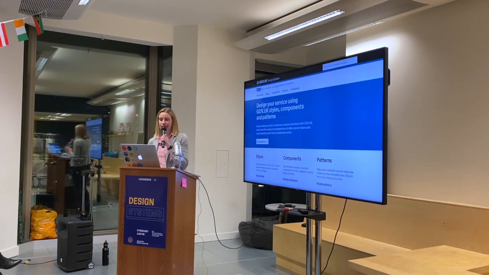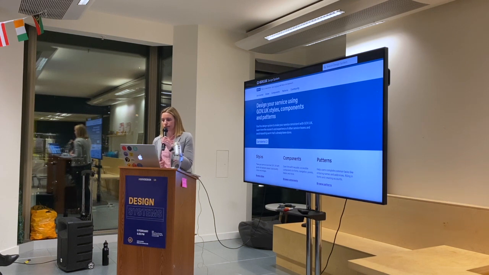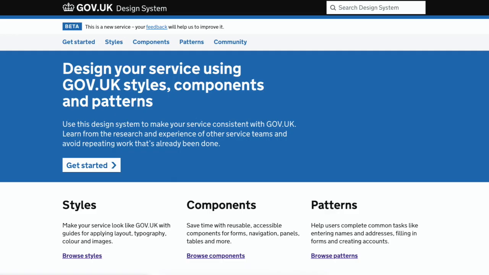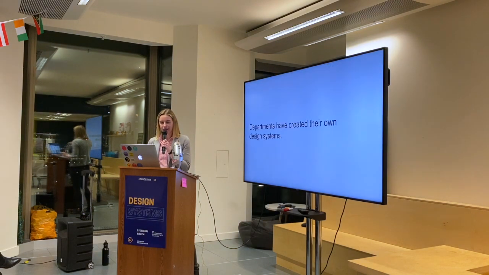So, slightly stealing Tim's thunder, because he will be talking about the Gov.uk design system later, but this is the way to solve the problem: GDS have created the Gov.uk design system. They published this about a year and a half ago. This design system includes things like styles, reusable components and patterns. All of the departments in government would turn to this and use it to design our services and come up with the best solutions. And Tim can go into more detail on that.